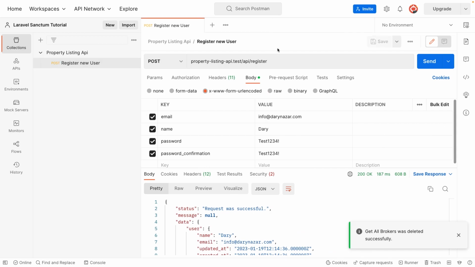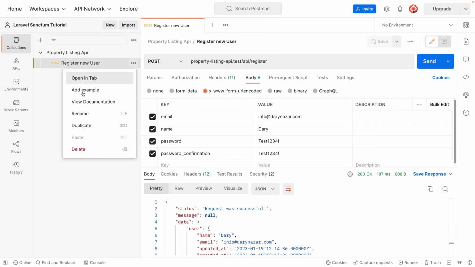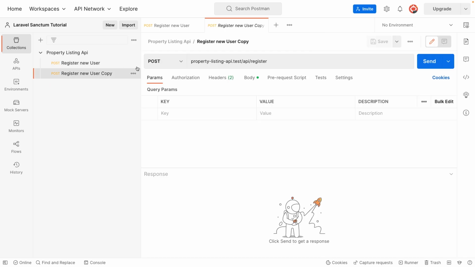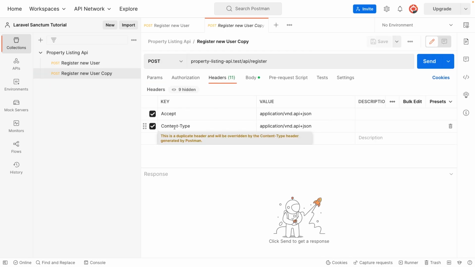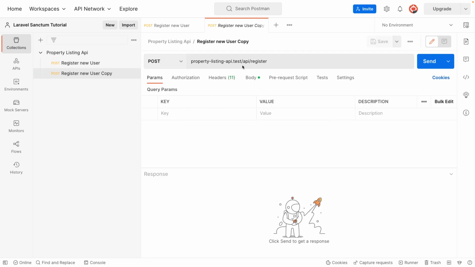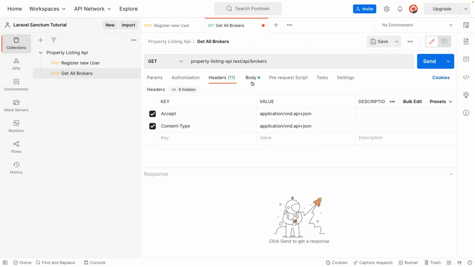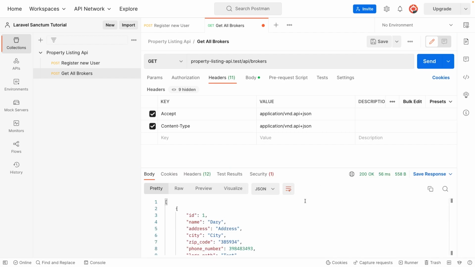Let's save this request. If we then duplicate our request, you'll see that inside the headers tab, the accept and content type have been added by default. So we need to rename our request to get all brokers. The method will be get. The endpoint will be /brokers. The header tab will be accept and content type. And once we click send to perform our request, you'll see that we got our user that we created manually